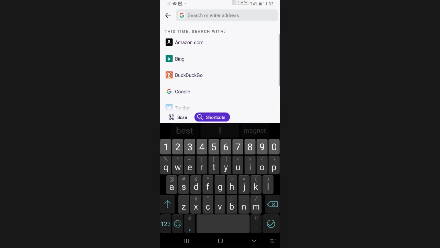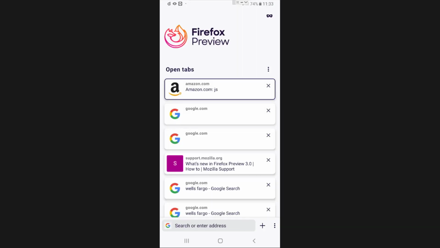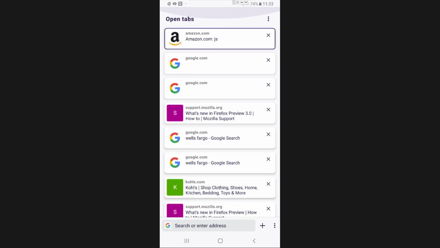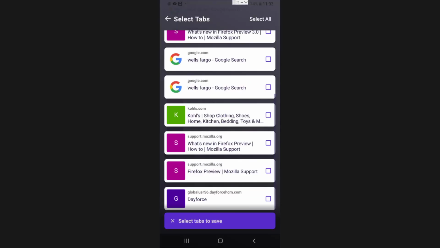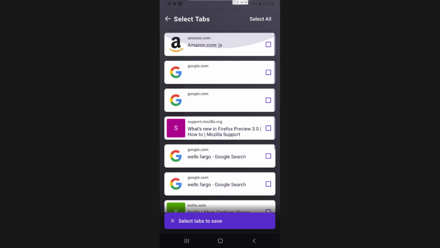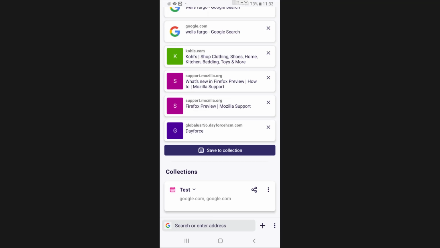So that means that if I want to go in here and open up some different websites, so I've got 10 here, and you can see all of my different websites that I have opened. If I go down here and I click on Save to Collection, I can either select all of the tabs, or I can just select a few of those tabs. So if I wanted to select these two tabs here, I can click on Save, and now I can just go ahead and create a collection of all the tabs that I want to save here,